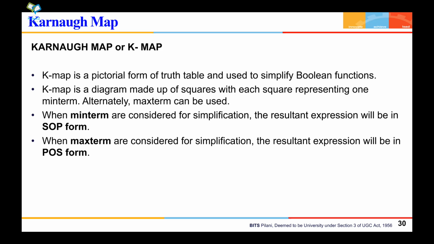In this video, we will learn about Karnaugh map. What is this Karnaugh map? This is a pictorial form of simplifying your Boolean function. Earlier also you have simplified some Boolean function using De Morgan's theorem and some of the laws. The same simplification can be done using Karnaugh map. The main purpose of this Karnaugh map is to simplify the Boolean functions.